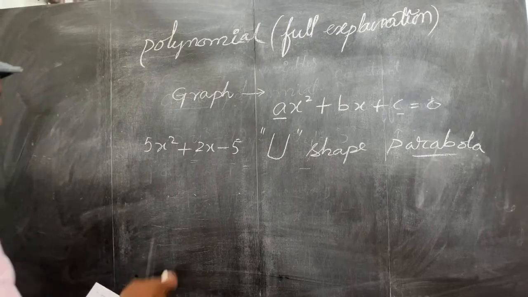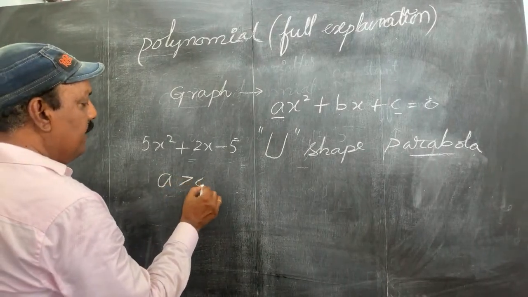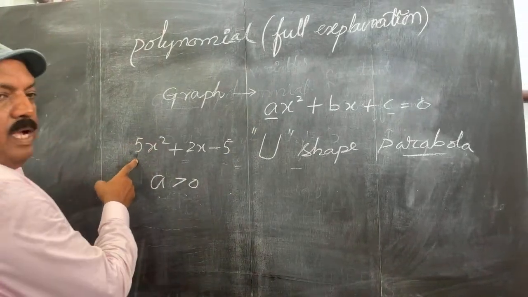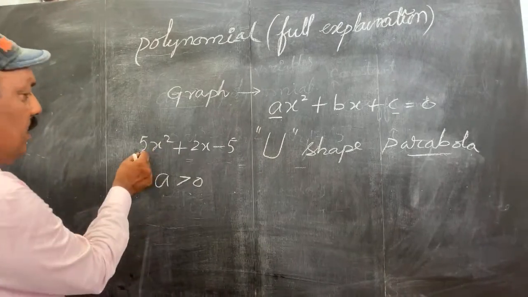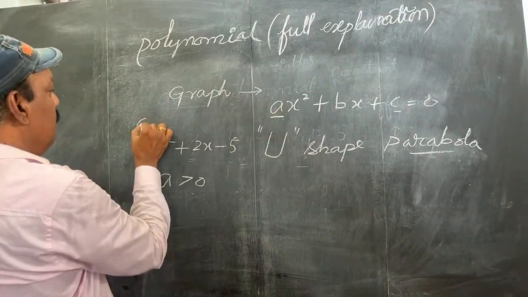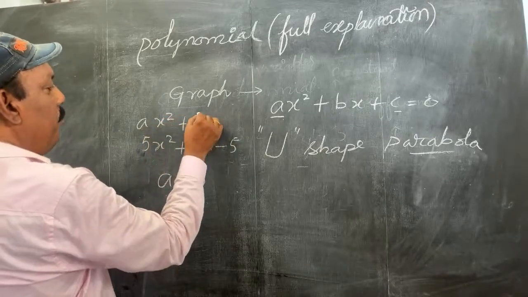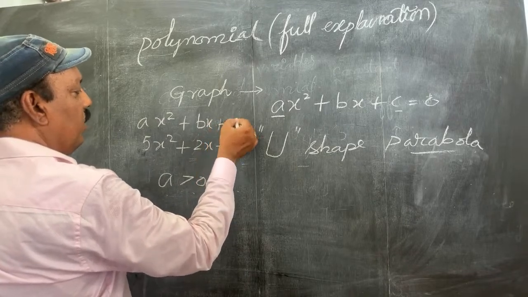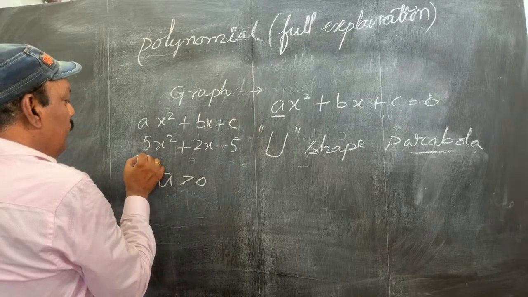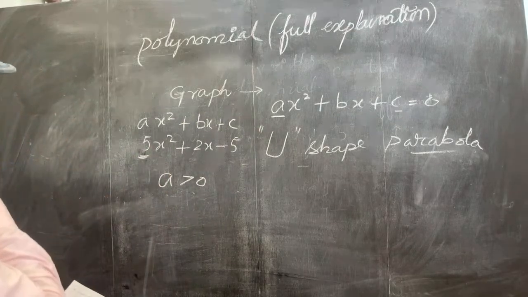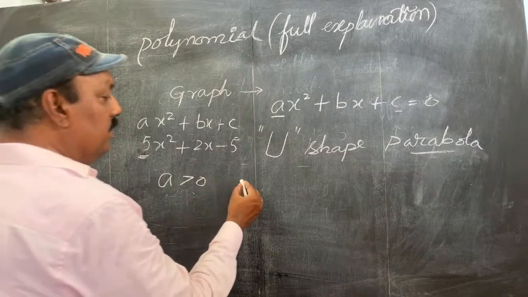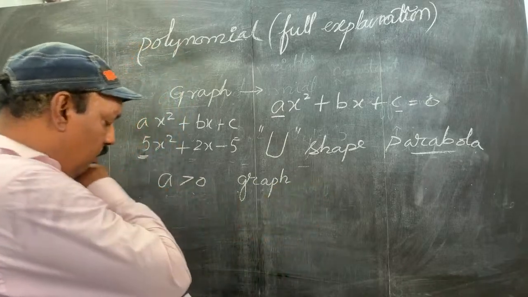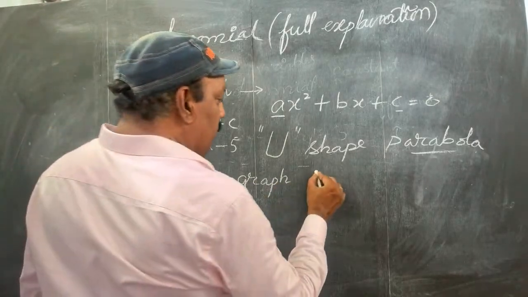Suppose the a value is greater than 0. Here 5 is greater than 0. This 5 is the a, in ax square plus bx plus c, according to the terms we can see. If the a value is greater than 0, then the graph will be an upward U,